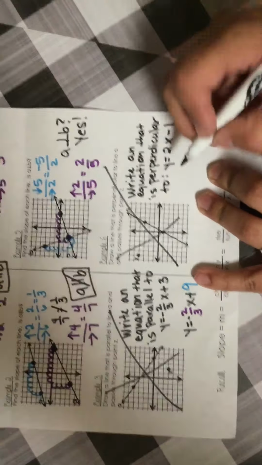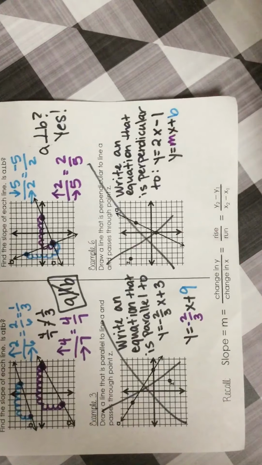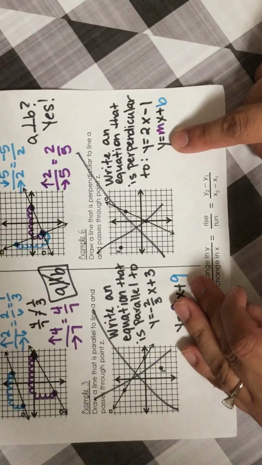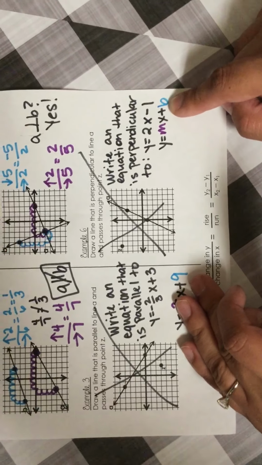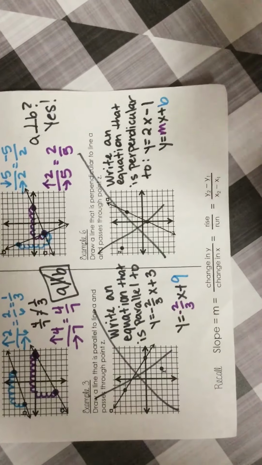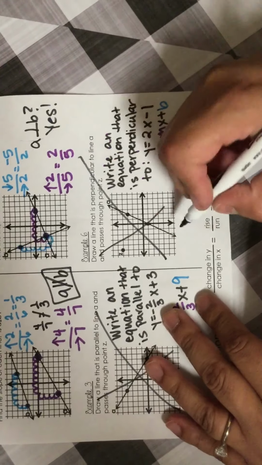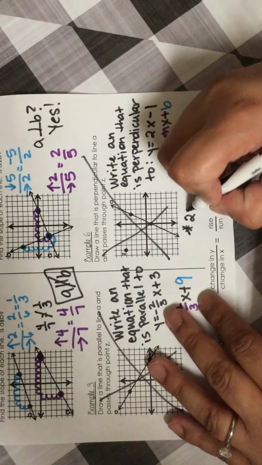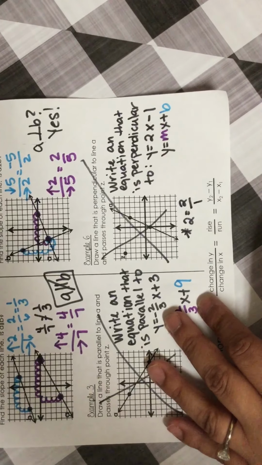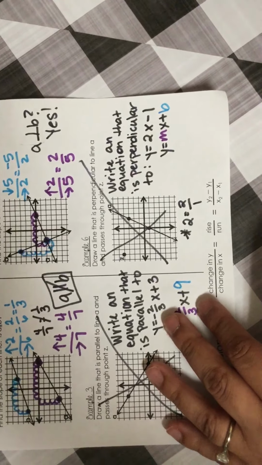Okay, we learned y equals mx plus b last week. Slope-intercept form. I want to get my perpendicular line in this form, but we have to use our new rules where we change the sign and flip it. So keep in mind, if you see a whole number, to make it a fraction, simply put the number 1 underneath it. So if this is the same thing as 2 over 1,